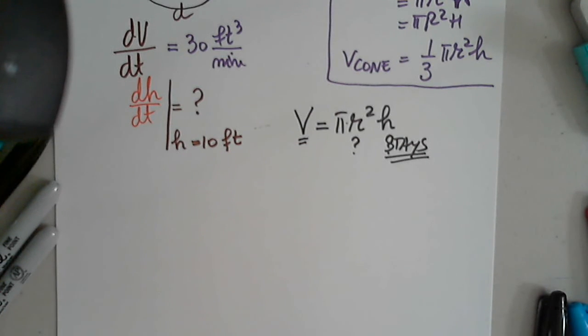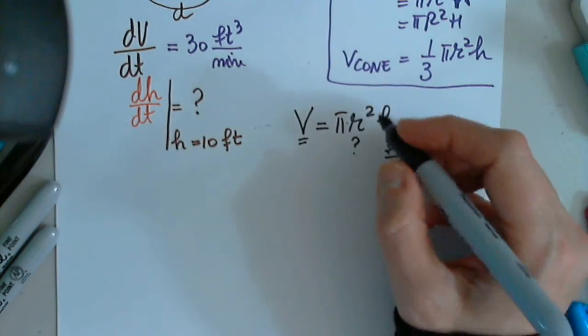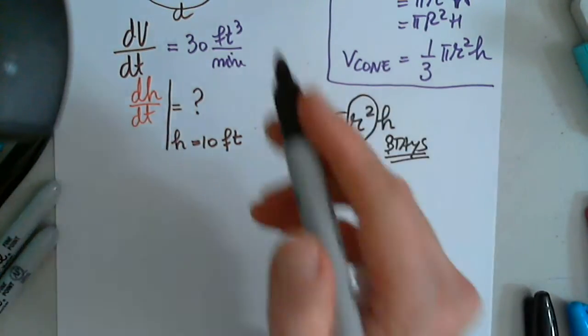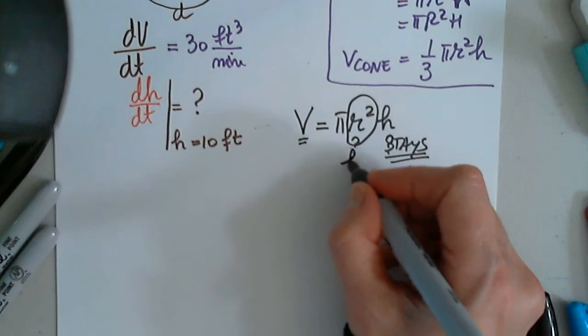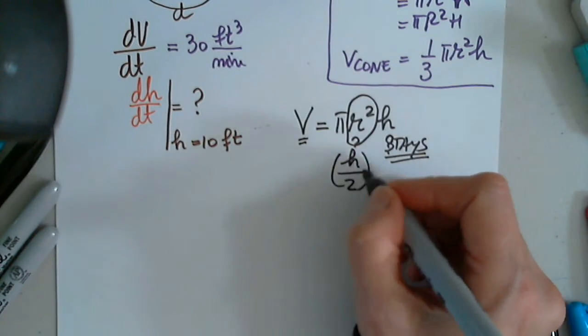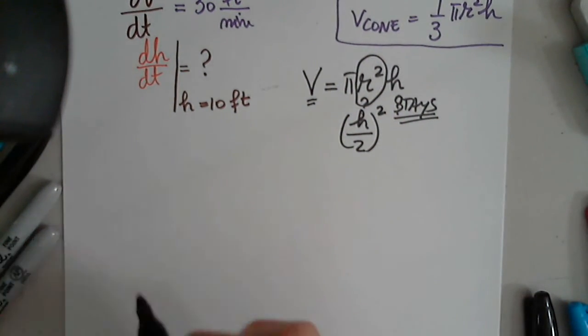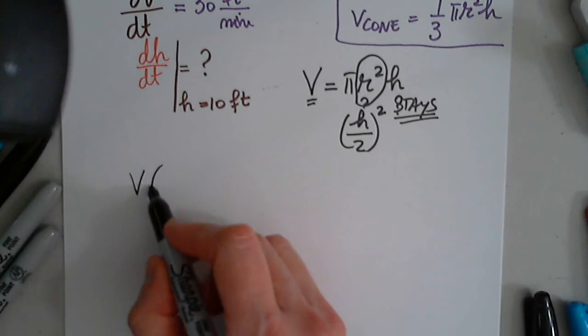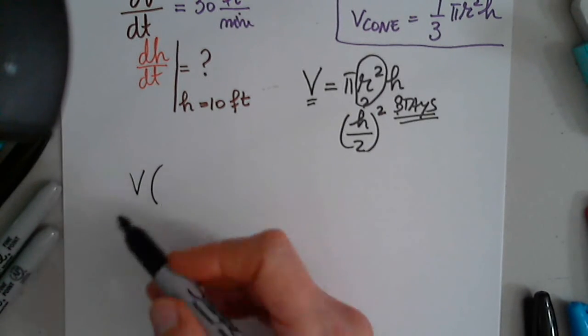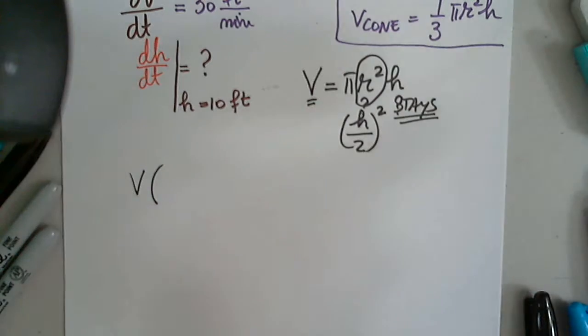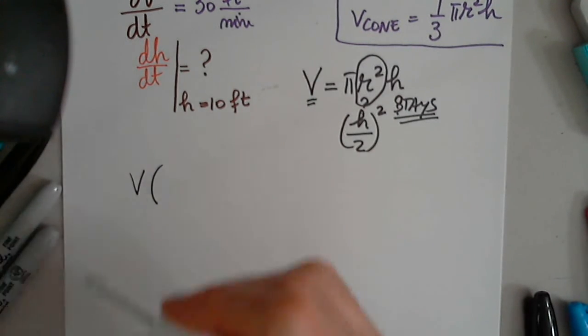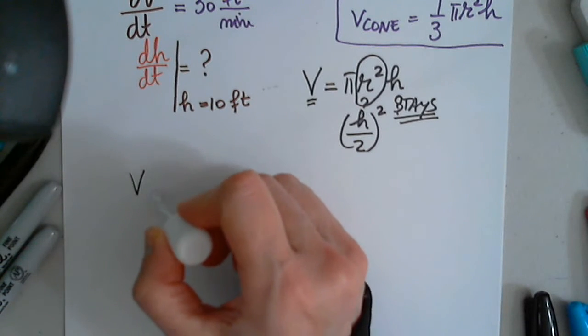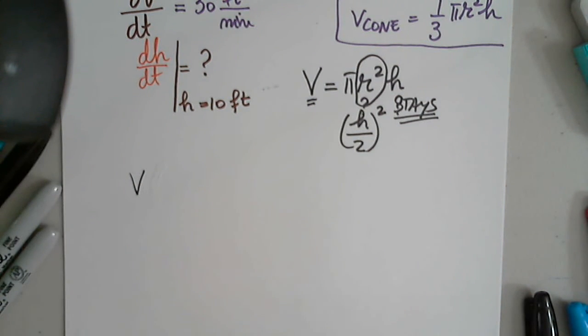Can you write it as h over 2? Of course, thank you very much, Carson. Indeed, from here, the radius will be h over 2, everything squared. So now the volume is indeed a function of time. It is a function of age as well, but I don't want to confuse you, so I'm not going to write V of, I'm just going to write V equals